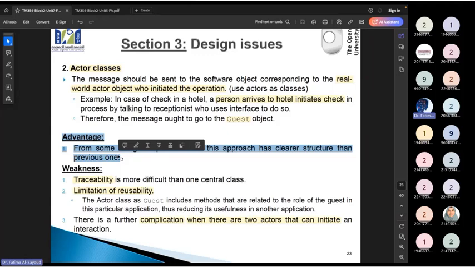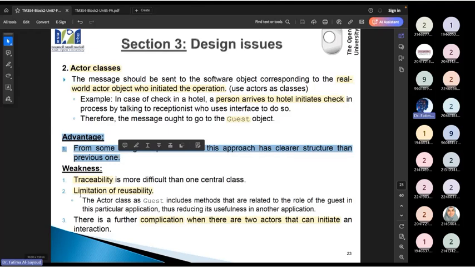So if I have more than one actor, and I have different messages, it's hard to trace which message is going to go to whom exactly, when I have more than one actor. Then there is the elimination of reusability.